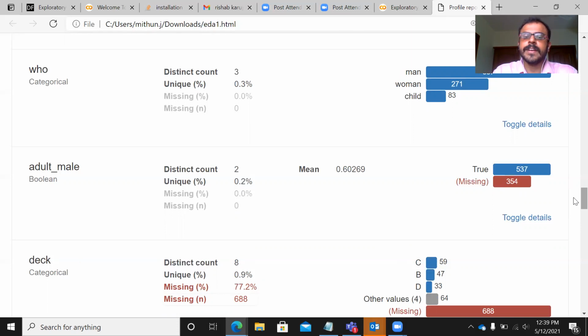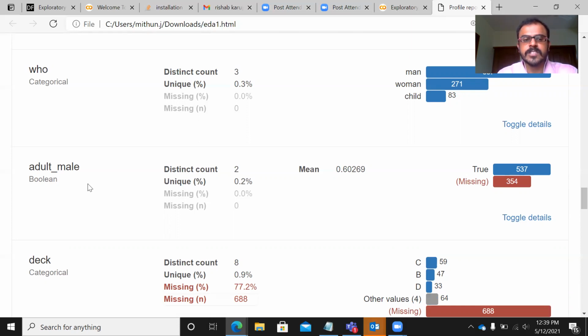So the automated way of doing an EDA is a great tool. Please use this as a first step. You can obviously take the results and customize this further. You can do a tedious and an elaborate EDA separately once you look at the automated version of the EDA.